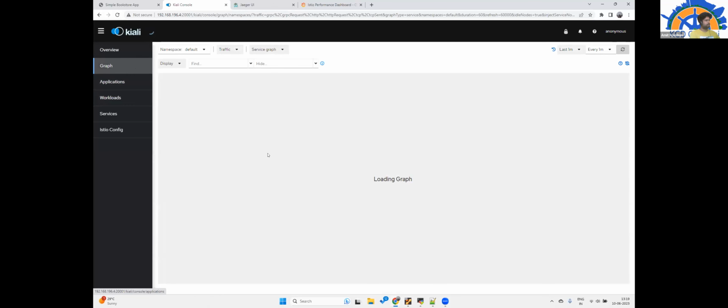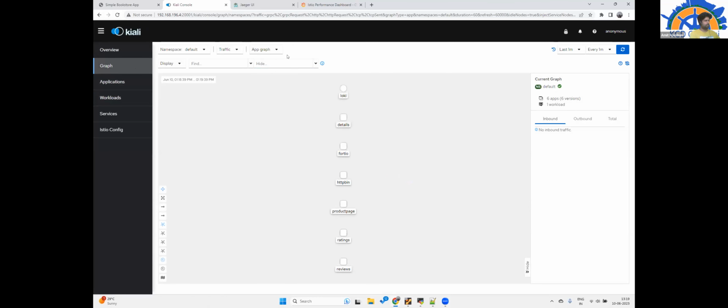And the most interesting is the graph part, where you can have all the services graph, traffic, default, and version graph. Yeah, this is more visible now.